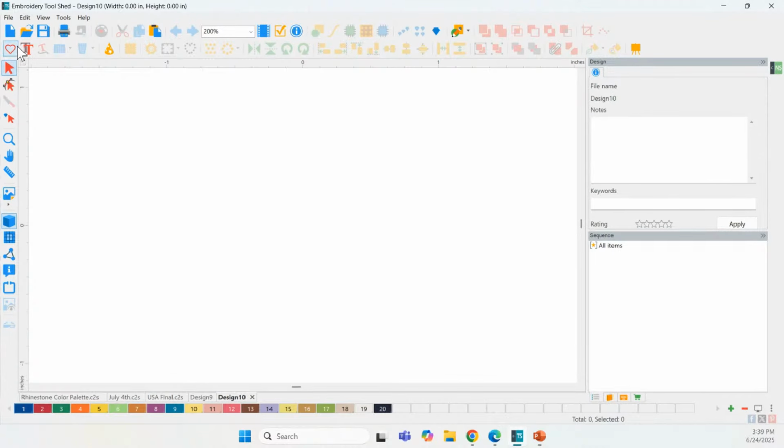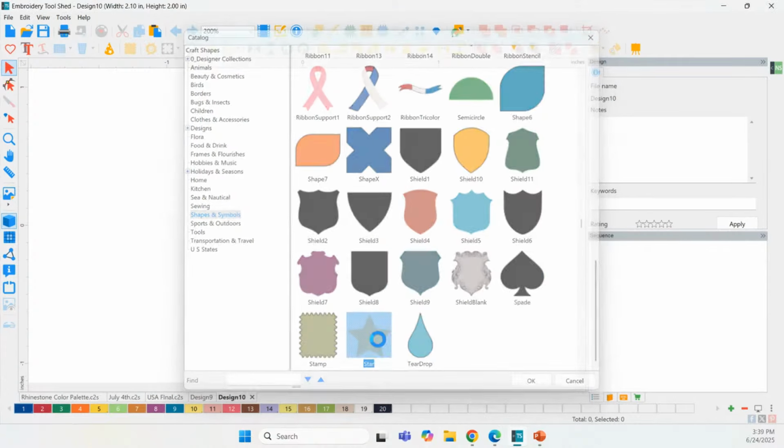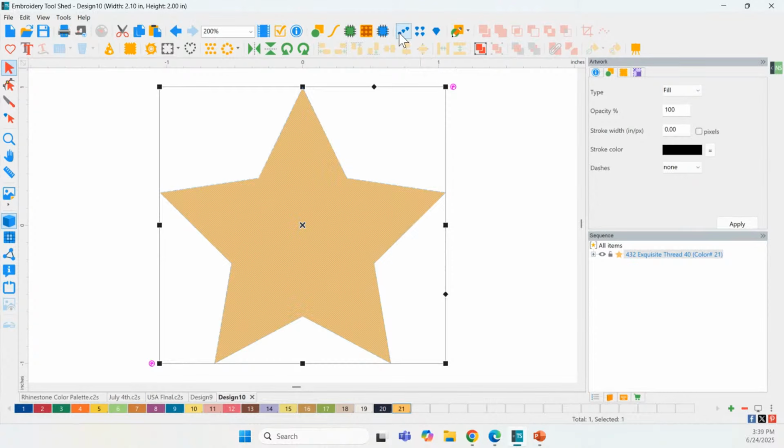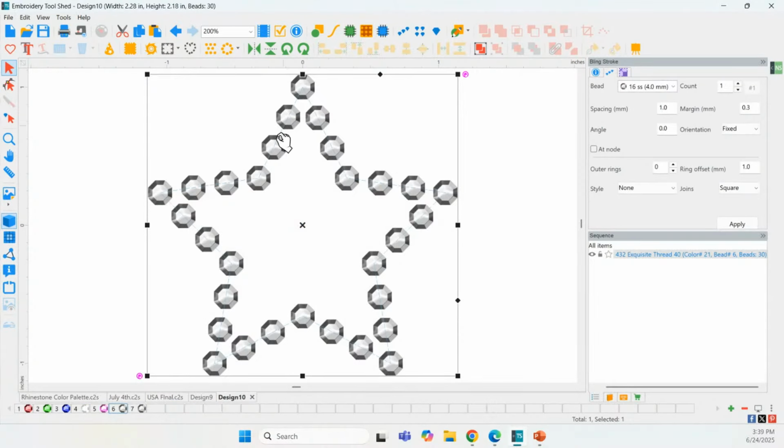And then let's grab our star design again. And I'm going to just click to convert that to stroke. And notice when I click to convert that to a bling stroke, that is my palette that we just set. So these are the beads that I own that I can easily work with. Now it's easy to set this palette versus thread, because thread, I have 288 colors, so I can't put all